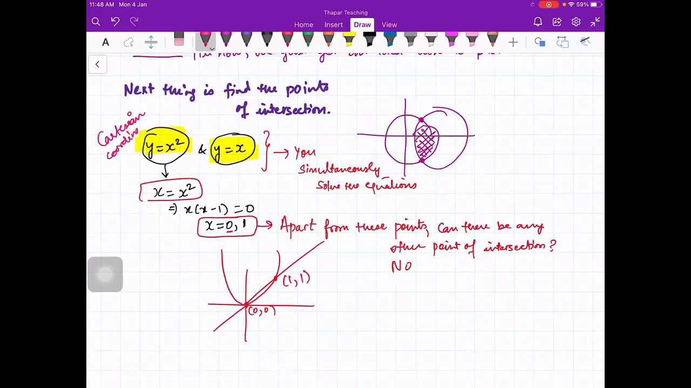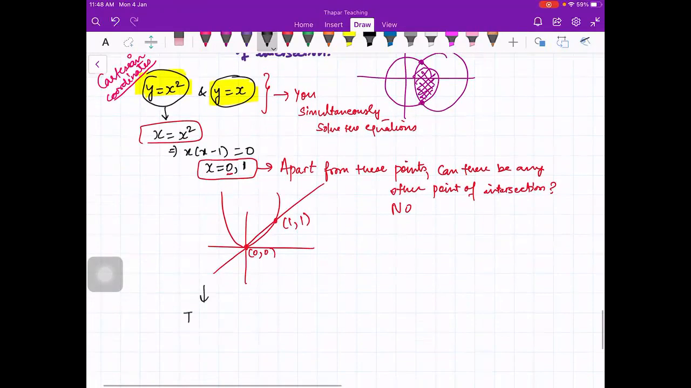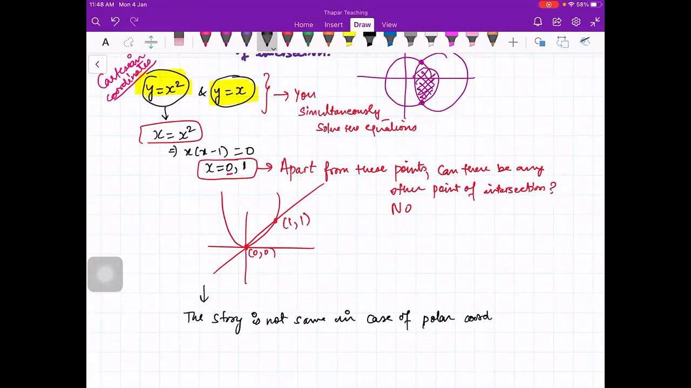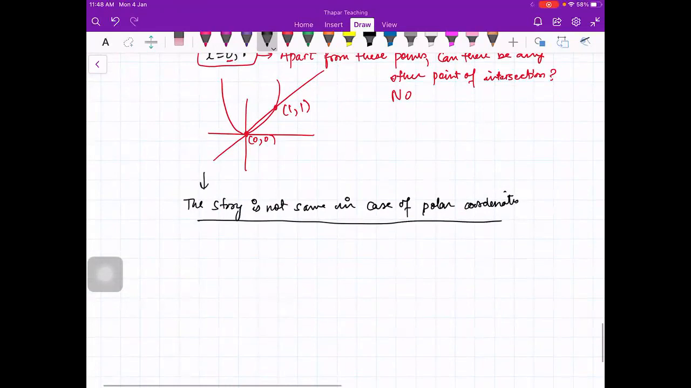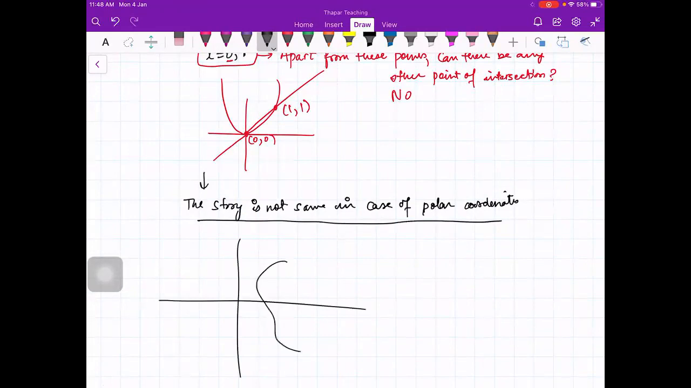The story is not same in case of polar coordinates. I will tell you why. The story is not same in case of polar coordinates. Okay. The reason is, suppose you have two curves in polar coordinates,